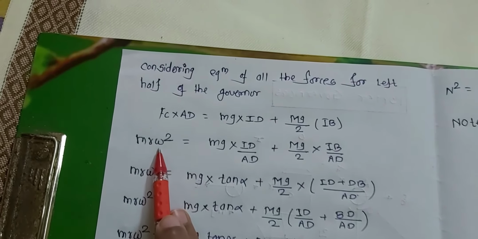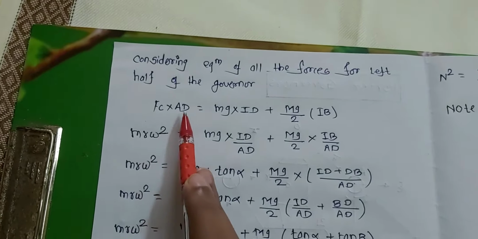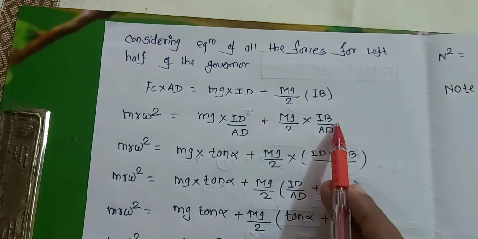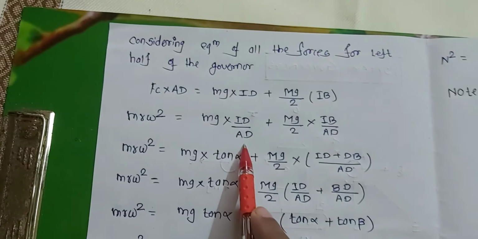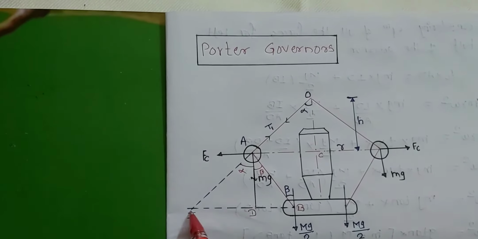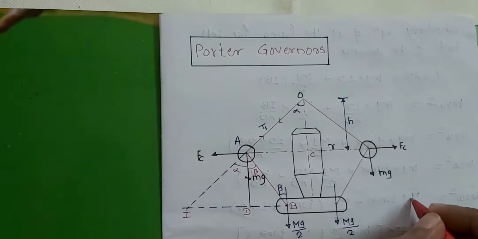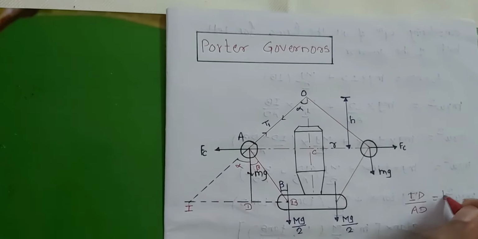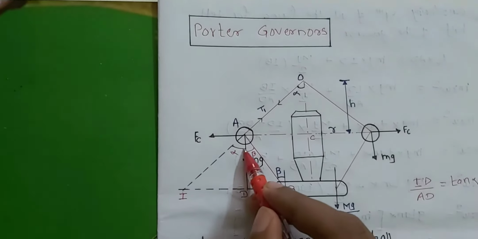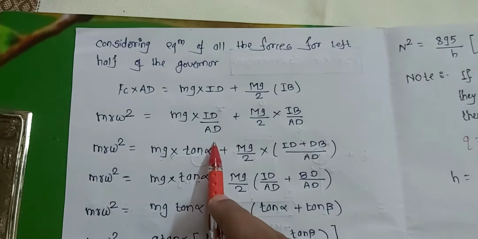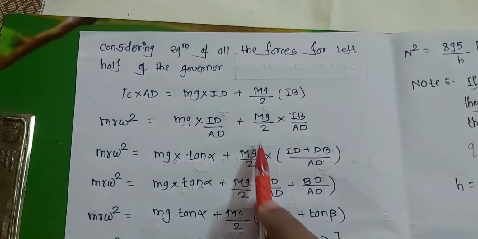So Fc is nothing but m r omega square. Putting the value over here and dividing AD throughout the equation at the right side. Now ID by AD, look into the figure. This is my ID divided by AD, and that is nothing but tan alpha, the angle of inclination. So I am putting here ID by AD is tan alpha, then mg by 2 as it is, and